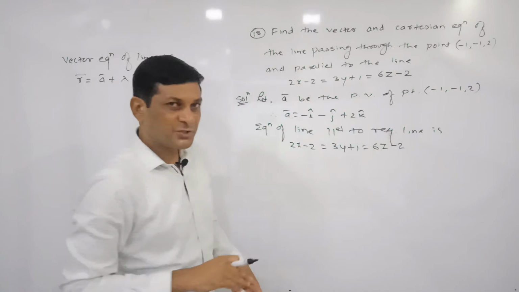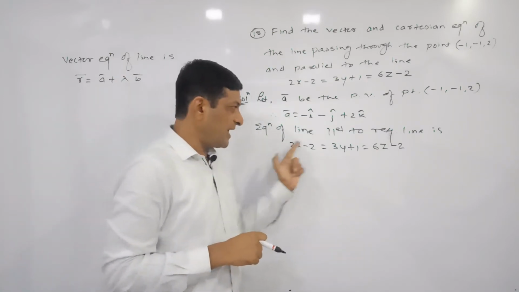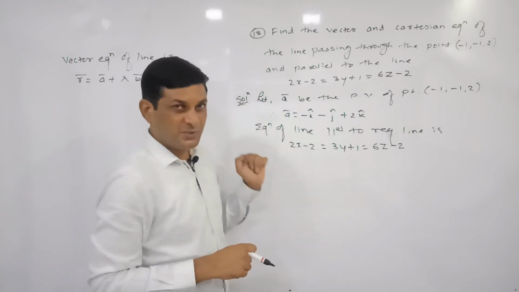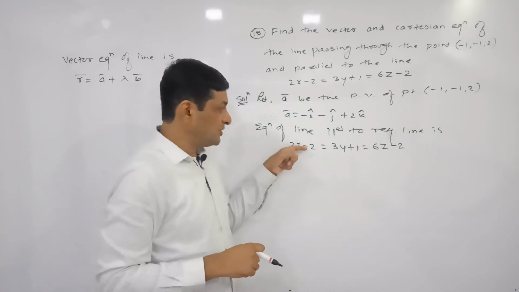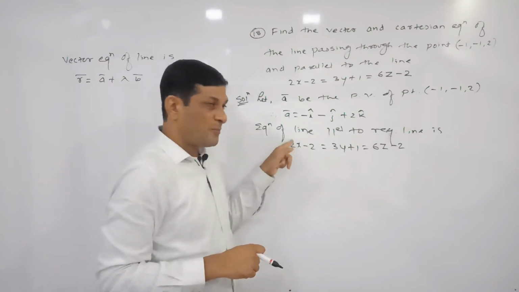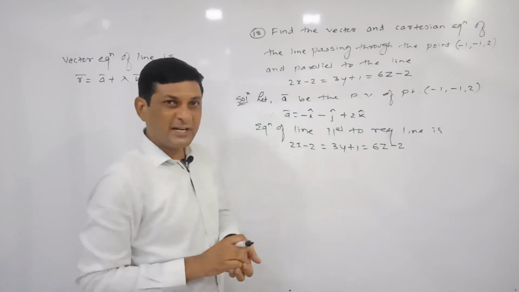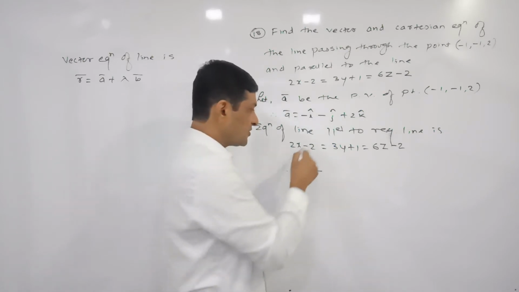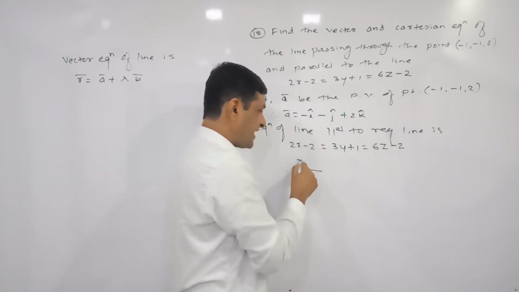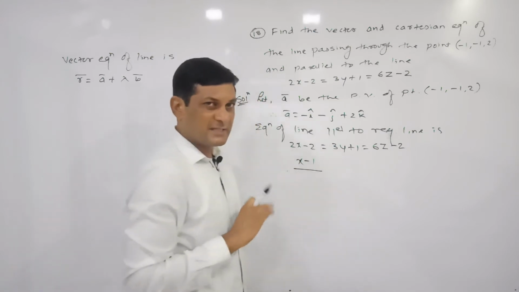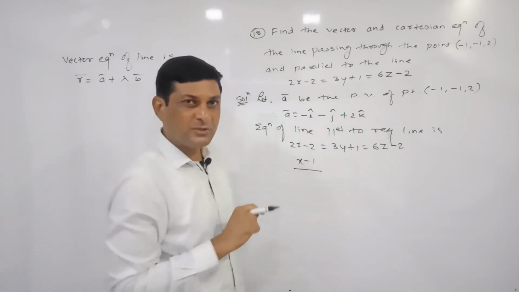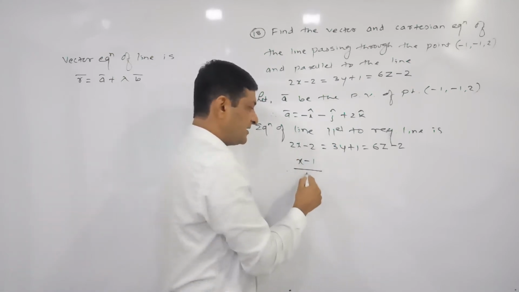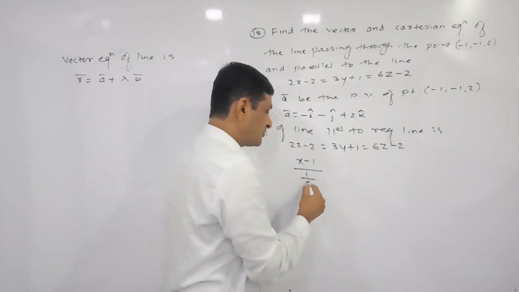Now to find the direction ratios of this line, the coefficients of x, y and z should be equal to 1. Here the coefficient of x is 2. So if we divide this term by 2, it will become 2 upon 2, which is 1. So I am dividing the numerator and denominator by 2. Let us see what we get. First I am dividing the numerator by 2, so here we will get x, since 2 upon 2 is 1. And since I am dividing the numerator by 2, we have to divide the denominator also by 2. Nothing is written in the denominator, meaning 1 is there. 1 is always there in the denominator, and I am dividing it by 2.